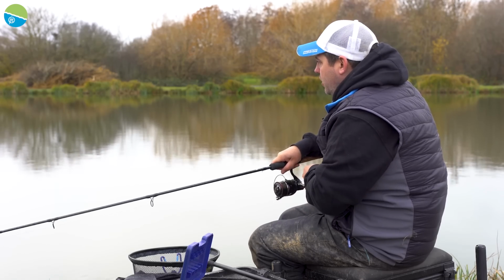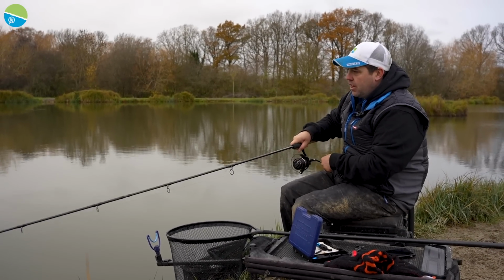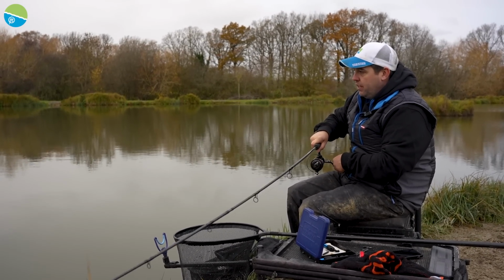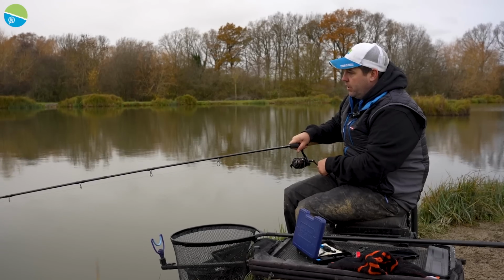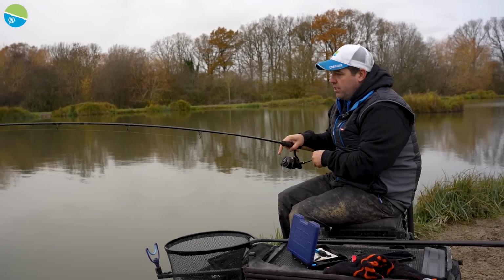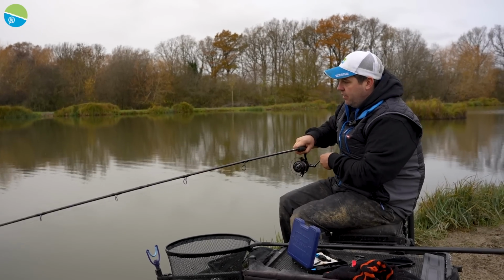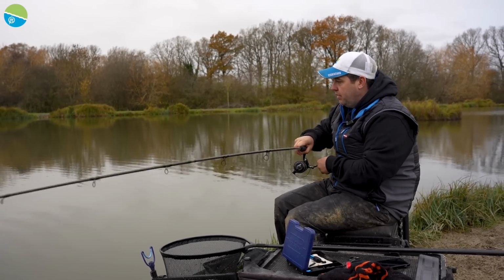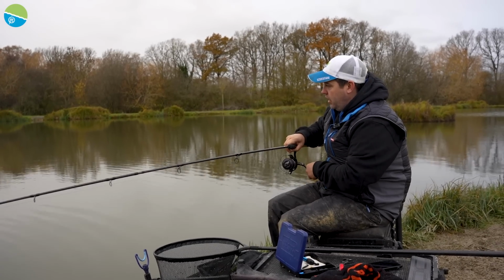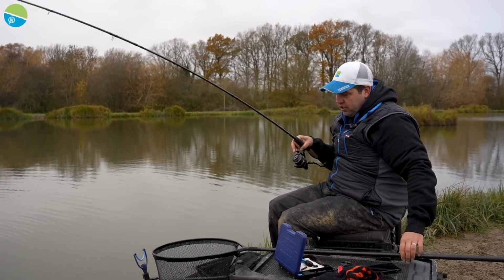Feels like another good fish actually. So what we'll do, next chuck we'll go straight back into the same little hole where we had this one, and see if we can nick off another couple of fish, and then we might find we have to rest it, try our other lines again, just to keep bites coming. But it's all about exploring the peg, finding the fish,